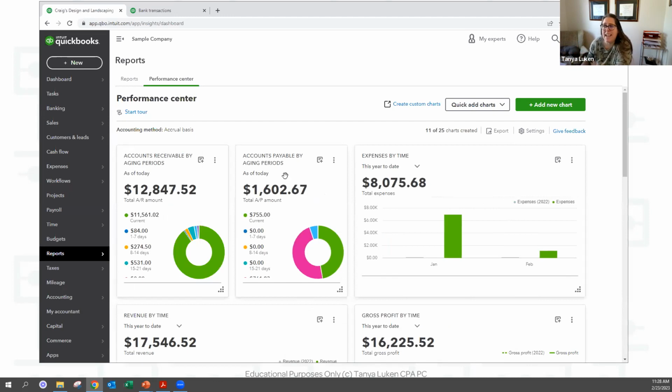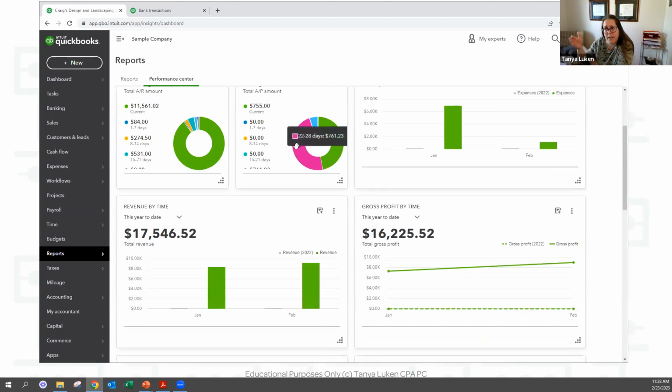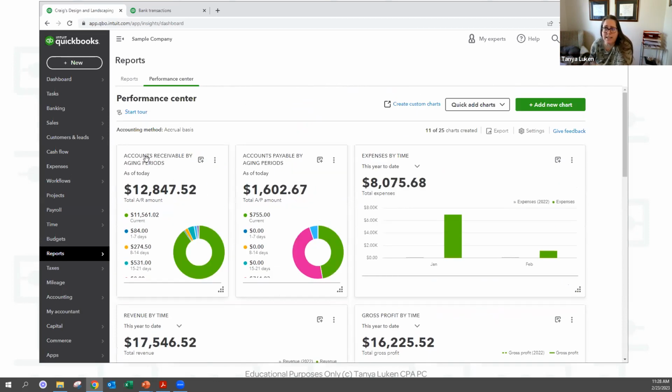I haven't used this part yet, but there are some things in here that I think would be helpful, especially if your brain works visually like this. Mine tends to be more analytical, and seeing accounts receivable as $12,000 doesn't help me. I want to know who owes me that 12 grand. But that's just me. So if you like it, by all means, whatever works for you.